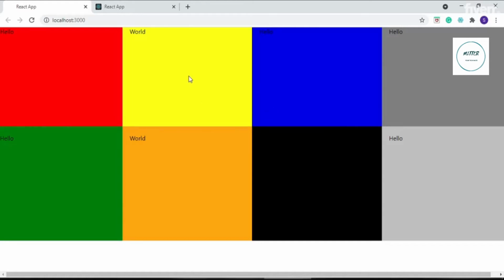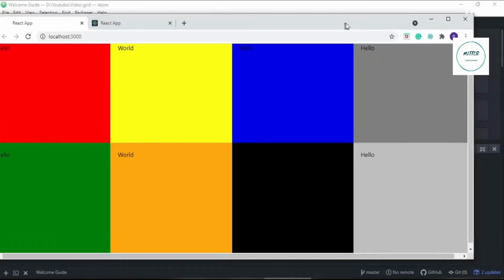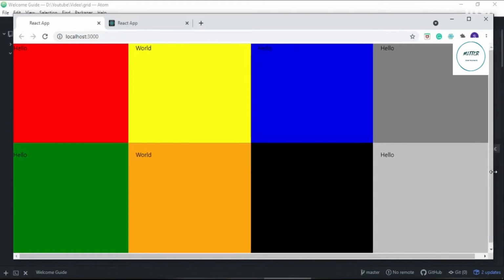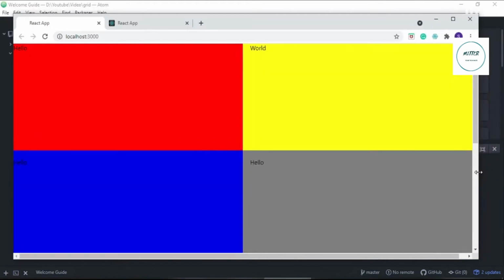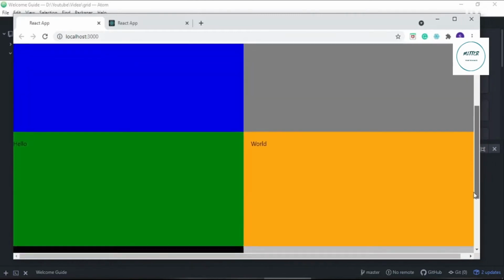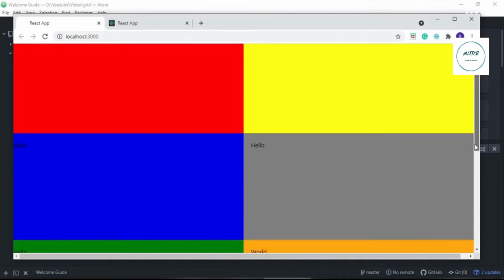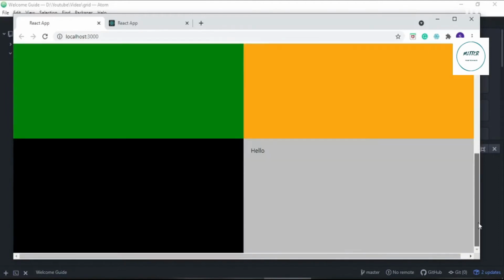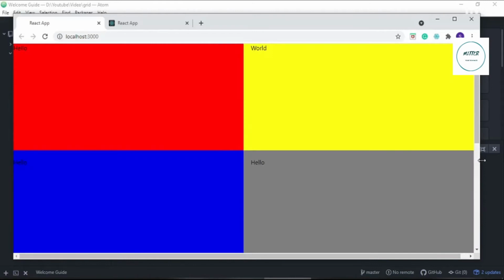Now you can see on the screen that on my laptop all the 4 columns are appearing all together. Let us see what will happen if I reduce the screen size. So let me try and reduce the screen size. So you can see as the screen size goes from the large to the medium screen size, the number of columns go from 4 to 2. So now the rows become 4. So the number of blocks are exactly the same. The total number of blocks are still 8, but they have adjusted themselves to fit the smaller screen size.